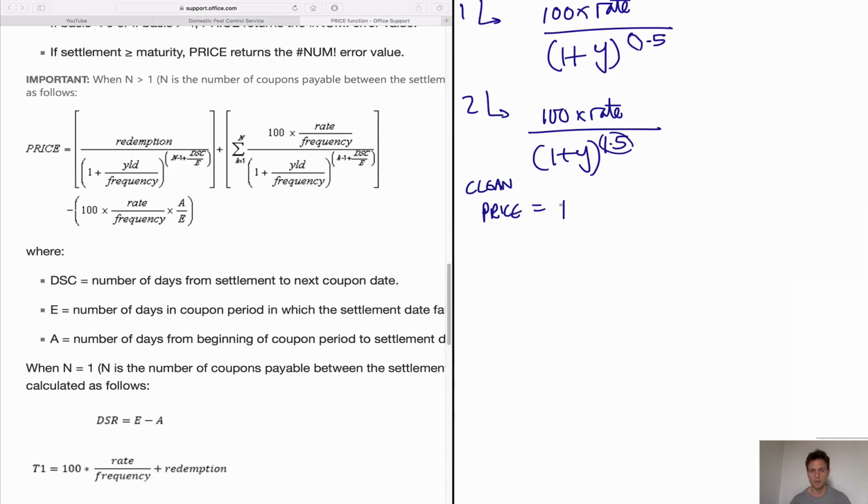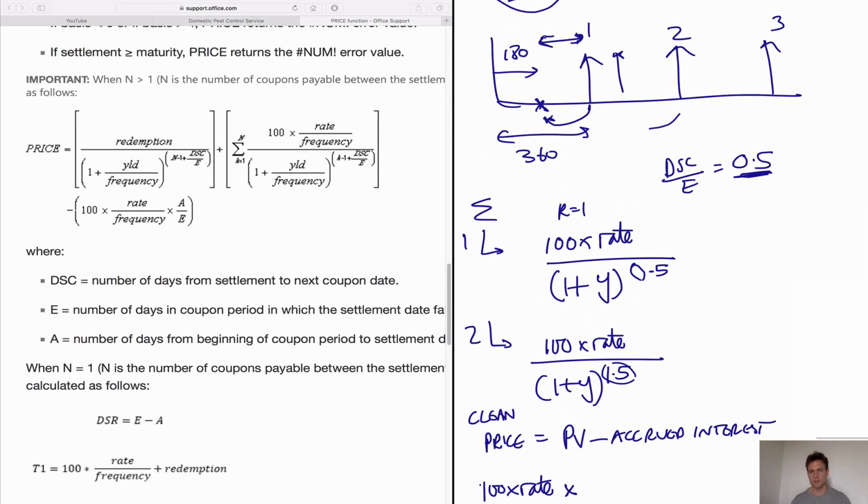Equals the PV of the cash flows, which is basically all of this, what we've just been talking about, minus accrued interest, right? So we have to calculate accrued interest separately. Accrued interest is quite straightforward. Again, it's basically 100 times the rate, so whatever the coupon rate is, multiplied by A. So A is the number of days. If I just scroll up a second,